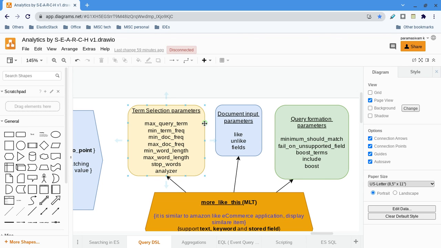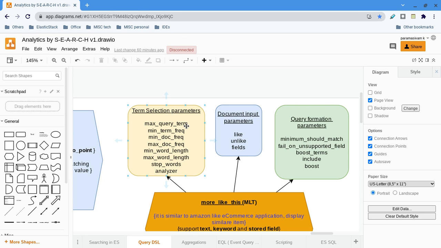While selecting terms, we can have complete control. For the given input, Elasticsearch identified 100 terms or 200 terms, and we want control over which terms are used in the querying. So these are the parameters. Max query terms: maximum how many terms you can use, 10, 20, by default 25. If you put 50 or 60, you will get more accuracy, but you should have memory and CPU resources.